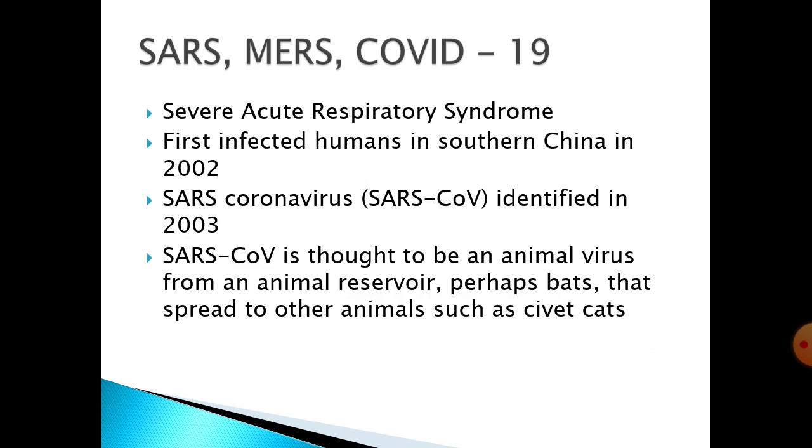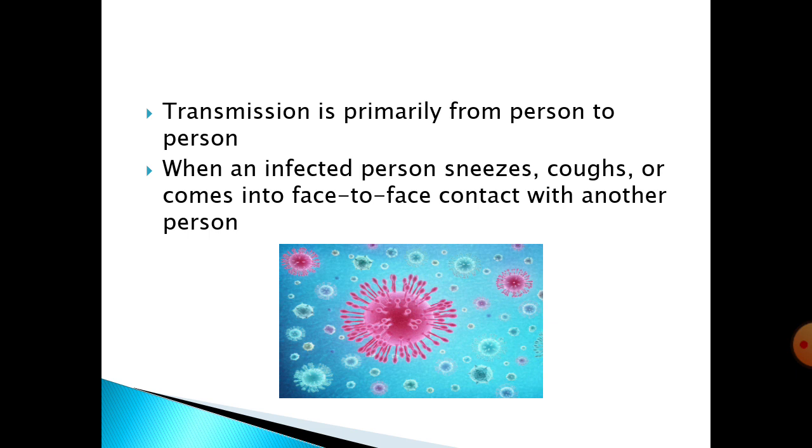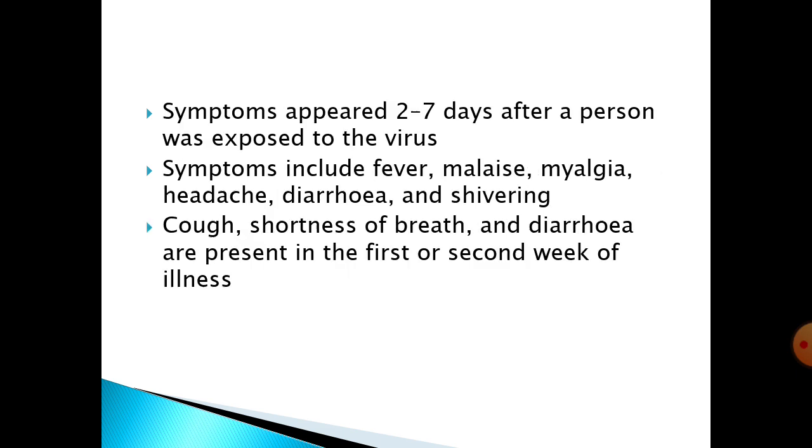Now SARS, MERS, and COVID-19. SARS, or severe acute respiratory syndrome, first infected humans in southern China in 2002. The SARS coronavirus was identified in 2003. It is thought to be an animal virus from an animal reservoir, perhaps bats, that spread to other animals such as civet cats. Transmission is primarily from person to person when an infected person sneezes, coughs, or comes into face-to-face contact with another person. Symptoms appeared 2 to 7 days after a person was exposed to the virus, and symptoms